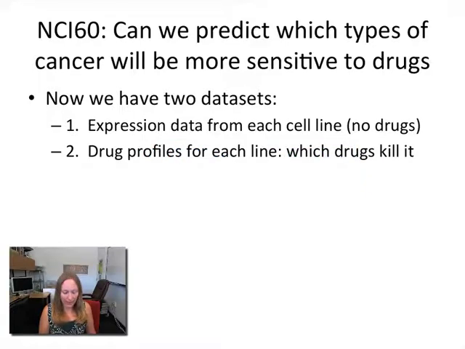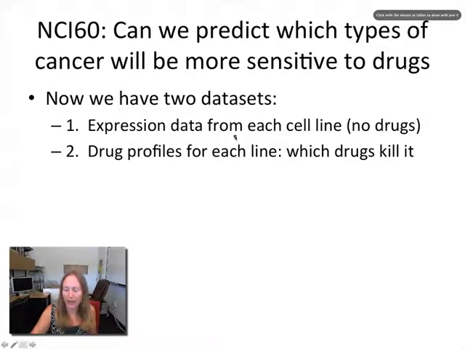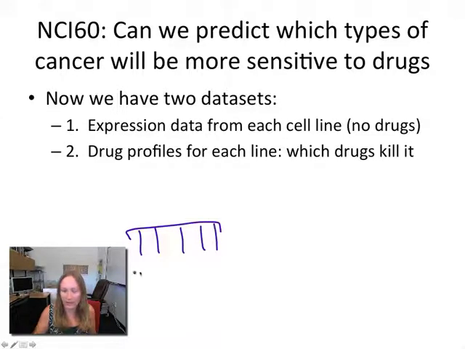Okay, so the question they really want to ask is, can we predict which types of cancer will be more sensitive to drugs? We have 2 data sets that I've sort of described. One is expression data from each cell line, that dendrograph that showed the clustering of different cell lines coming back together. It doesn't have any drugs. And then we have a drug profile for each line, which is basically a measure of which drugs kill it